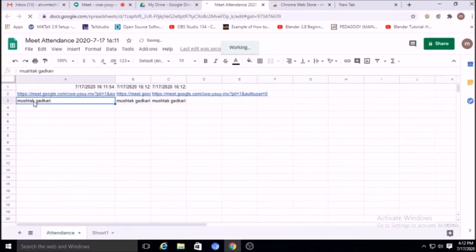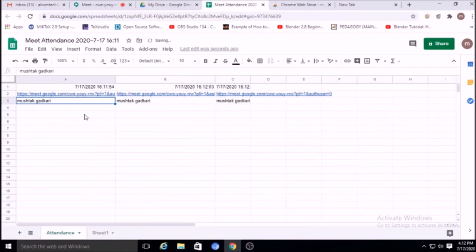So you are finding only one member because there is only one member. If the number of members are more, then you will get the number of members into this particular list, and you will find who has attended at what time. If suppose I have taken at 4 o'clock, then there are 10 students. If I have taken at 4:30, then there are only 8. Then you can find there are 2 students missing, they have not attended and they left in between.